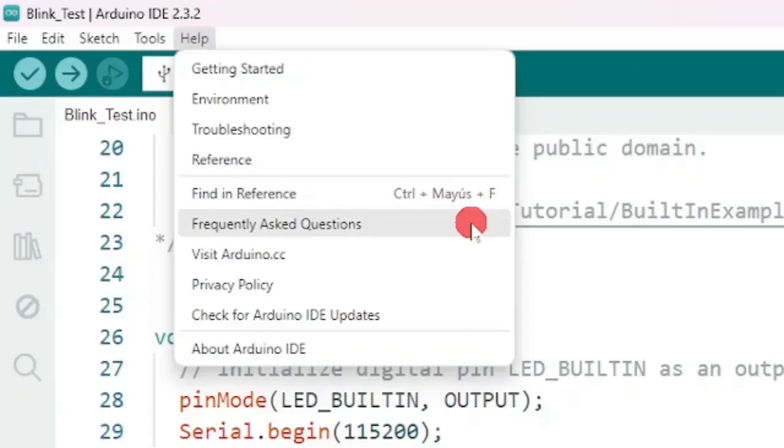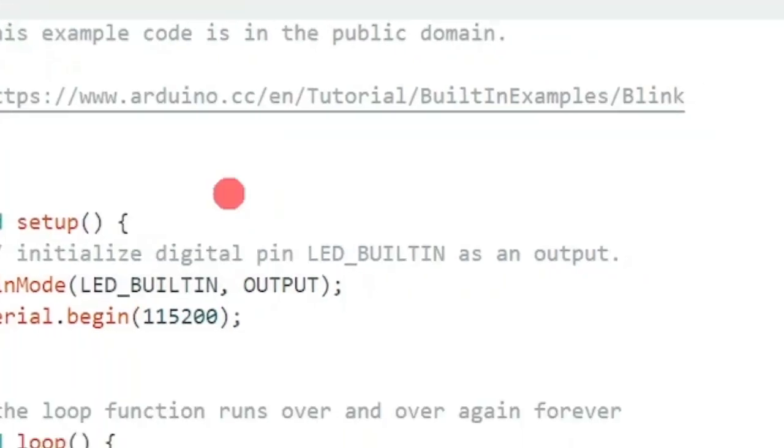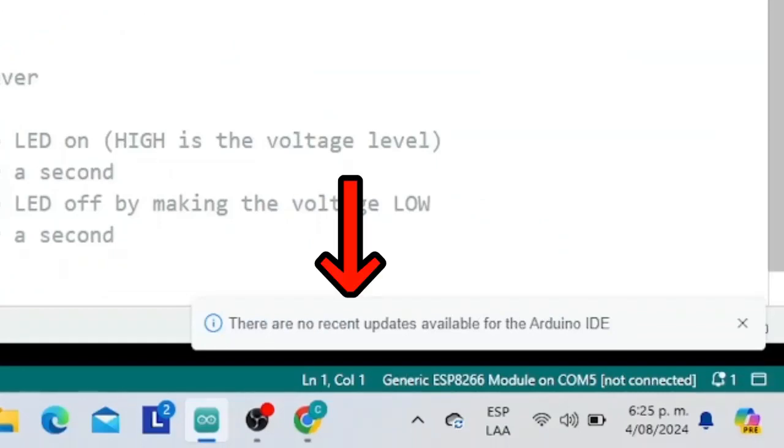Common questions. The data privacy policy in the software. And a very important option, for checking updates, from which, starting with version 2.0 of the Arduino IDE, you can update from here to the latest available version of Arduino, without modifying the files, sketches, or the work that you already made in its current